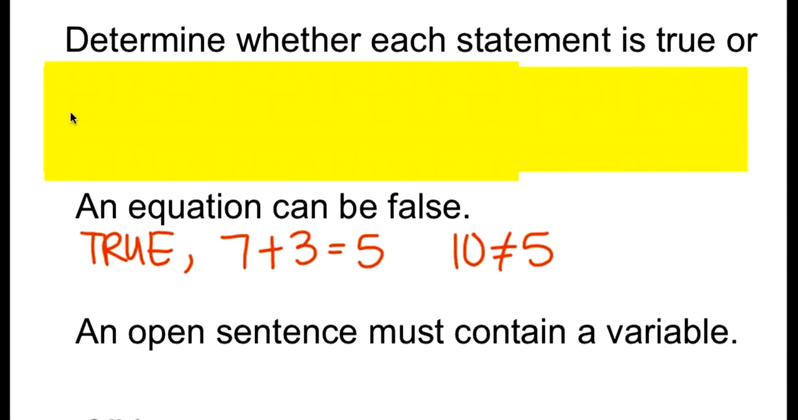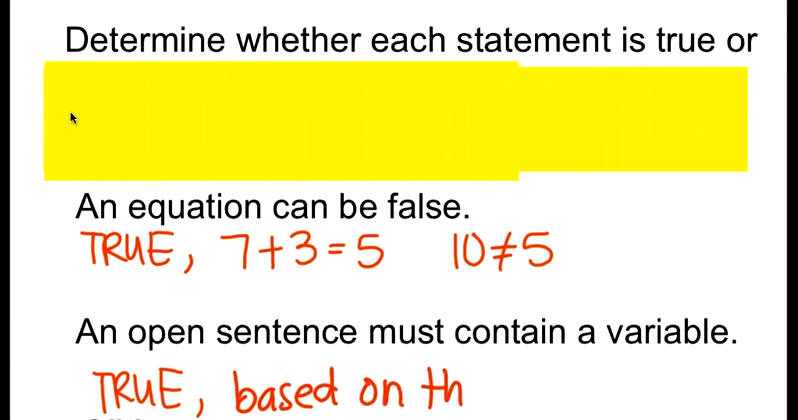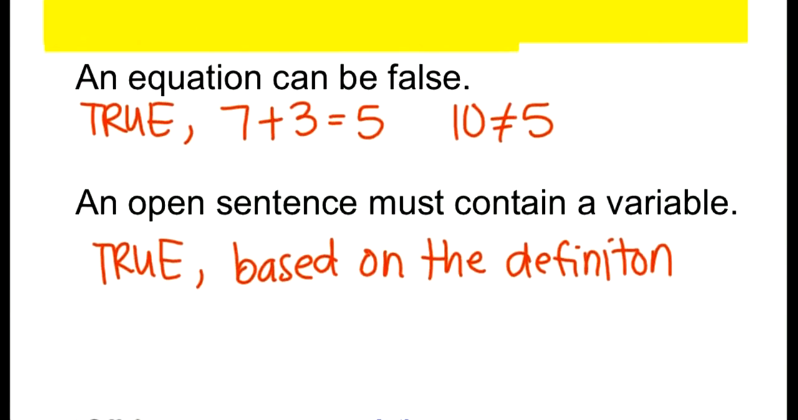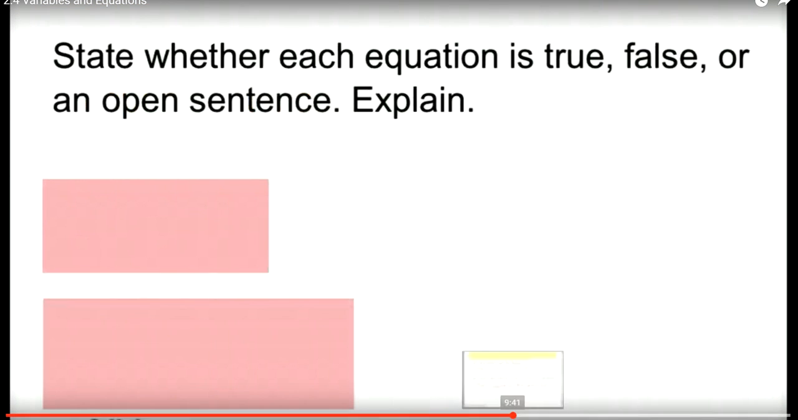And the second one is an open sentence must contain a variable. And this is true. If we look at our definition of an open sentence, the definition says that the sentence must contain at least one or more variables. State whether each equation is true, false,